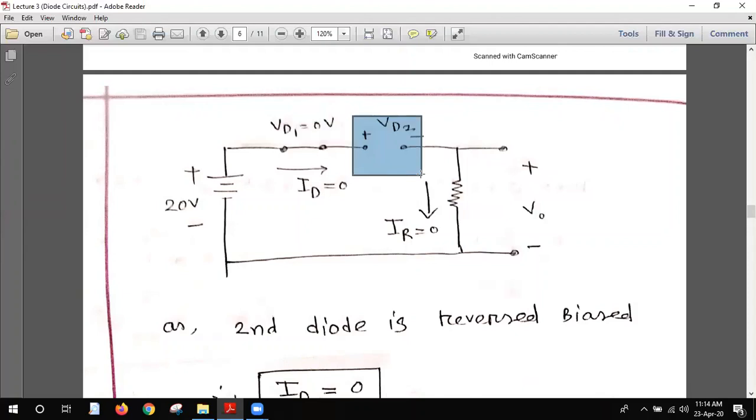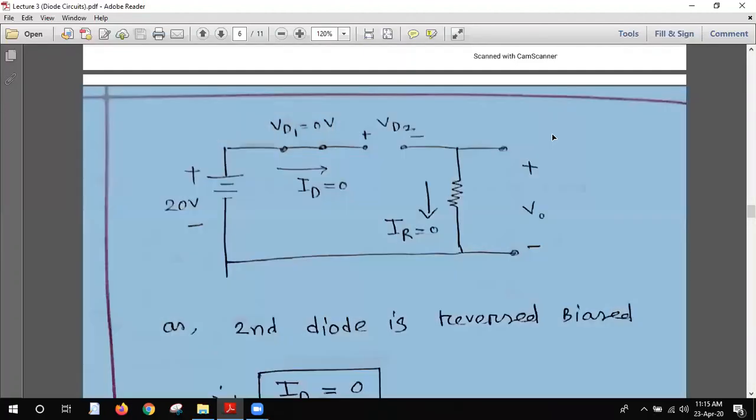From the very beginning there is no current flowing. That's why the first diode cannot reach the 0.7 volt, because there is no current flow. When the ID equals 0, the VD will automatically be 0. So there will be no current flow. That's why the whole voltage,